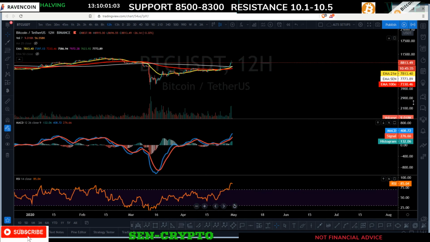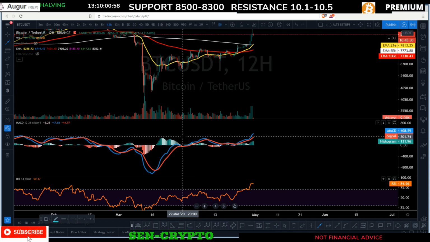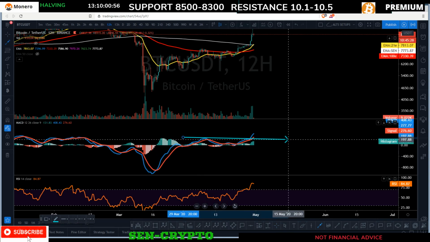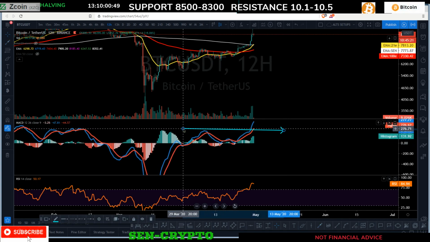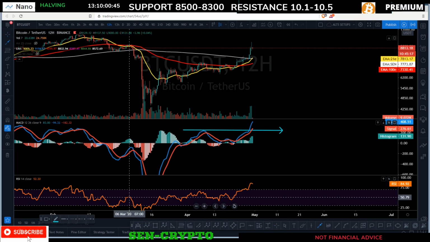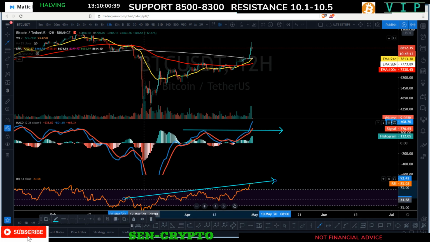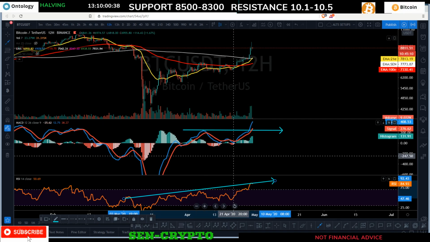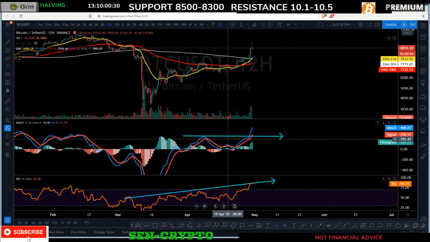So what were we looking for on the 12-hour time frame? We were looking for two things. We were looking for our MACD double top, for a bearish slash bullish setup, because I said if we double tap in this area and break it, it is going to be very, very bullish. Also you can take a look at your RSI. RSI was still making higher highs. Price was making higher highs, and we needed MACD to join our RSI and price action, because MACD was still very, very weak.